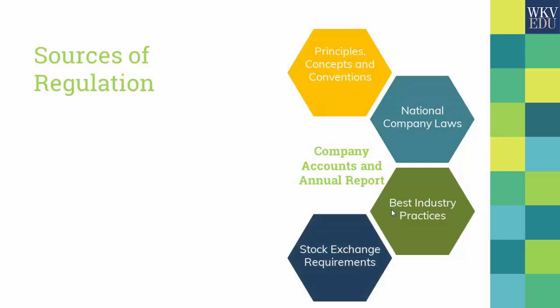Stock exchange requirements. If the company wants to list itself on a stock exchange and become a public limited company, they will have to adhere to certain requirements on the stock exchange that they are being listed upon, because the stock exchange would want to maintain a certain level of disclosure. They would want to maintain a certain stipulated timely disclosure, be it monthly, quarterly, semi-annually, or annually. These are the things that the company will have to meet if they want to be listed on that stock exchange.